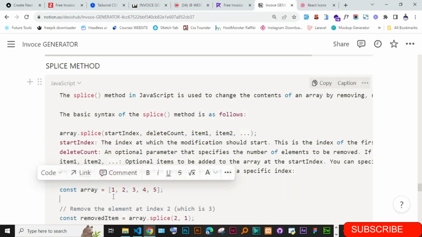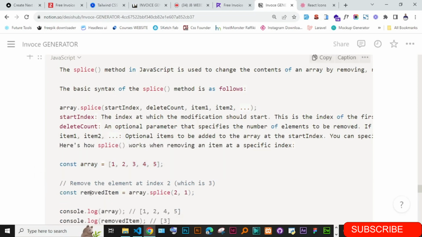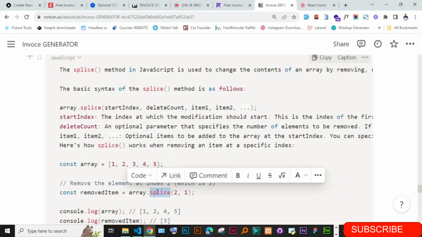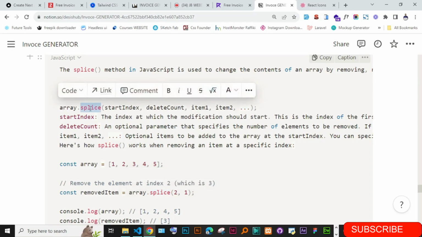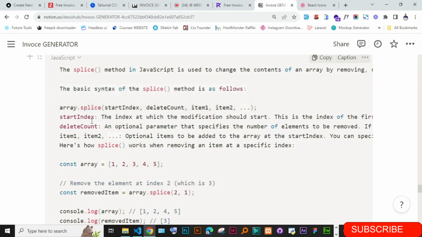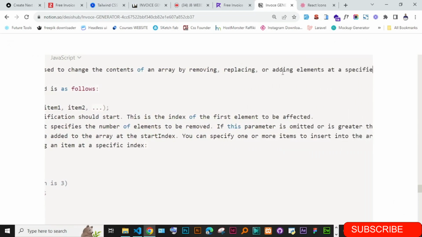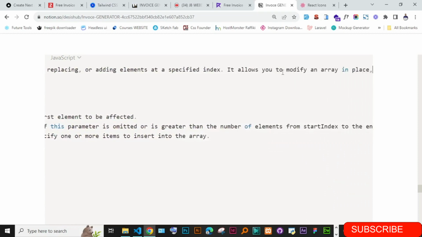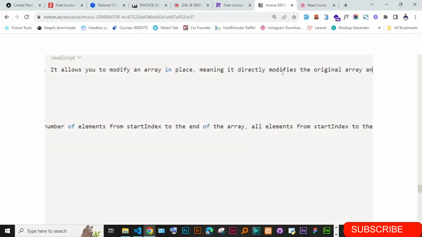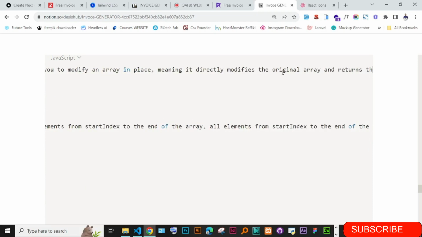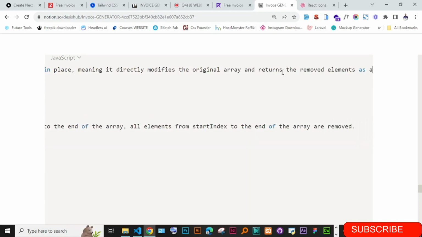Like this one. If you call a splice method, it does two things. One, when you call it on an array, it can add items or it can remove items. Now it returns back this. If you just continue reading this side, you will see that it allows you to modify the array, meaning it directly modifies the original array. And the most important thing to understand is this,